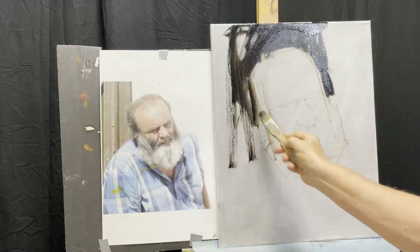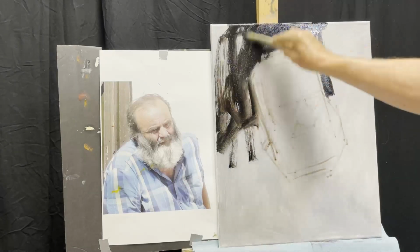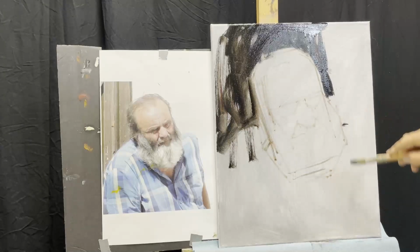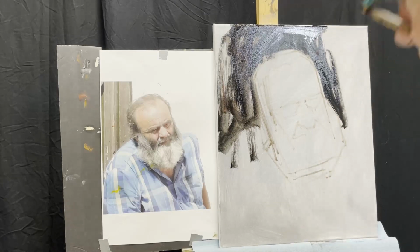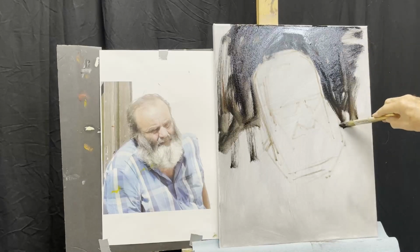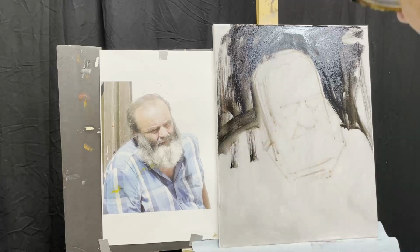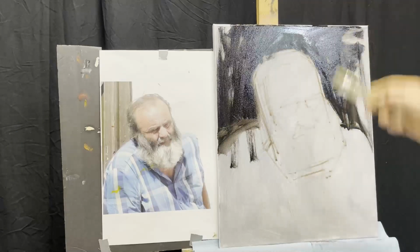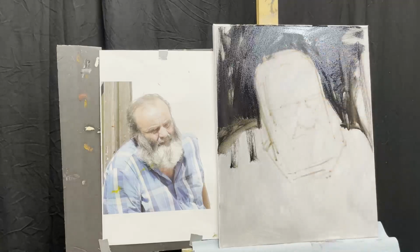And right about here, his shoulder. And probably his other shoulder drops down more like it where his mouth is. So this is going to be about here. So there's some starting points we can use. All right, with that in mind, because I'll be adjusting as I go along, we're going to start with